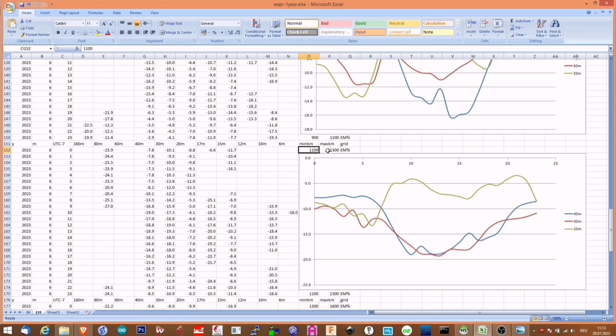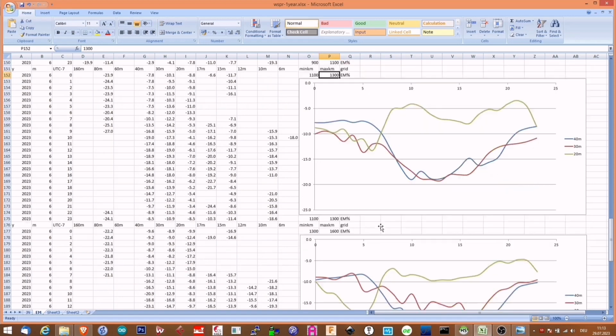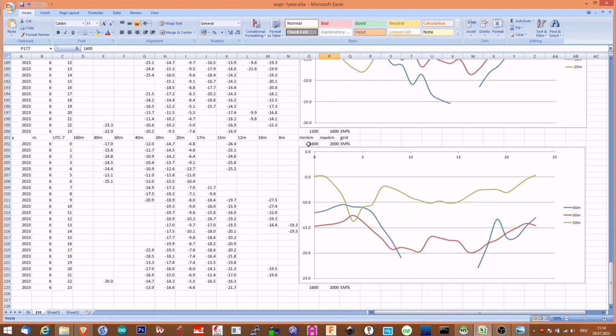We're going to 1100 to 1300 kilometers, and here you see the 20 meter band takes over most of the day, 20 meter better from 1100 to 1300 kilometers. We're going from 1300 to 1600 kilometers, still similar results, 20 meter better over most of the day, and last, 1600 to 2000 kilometers